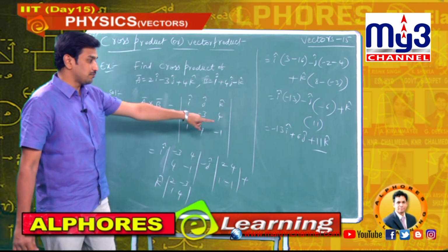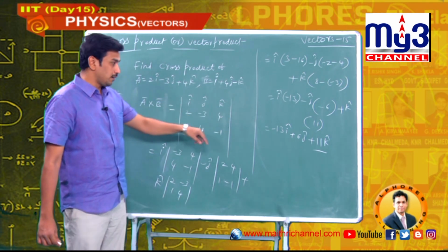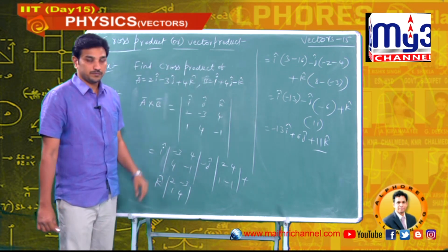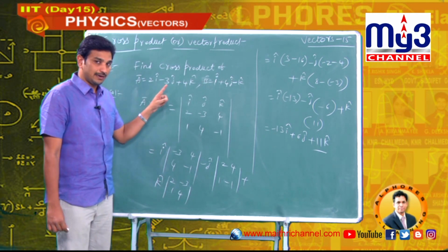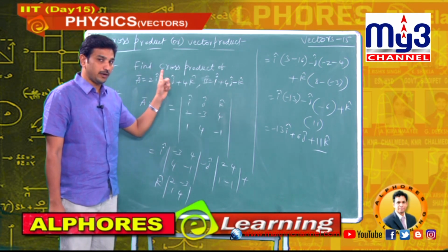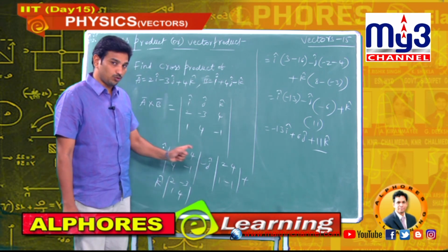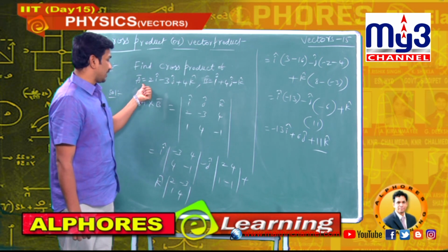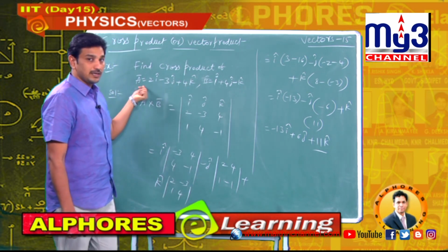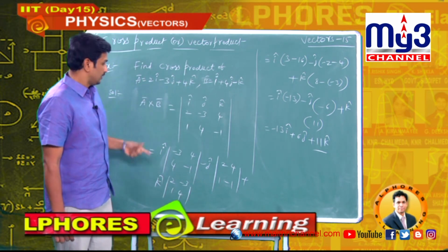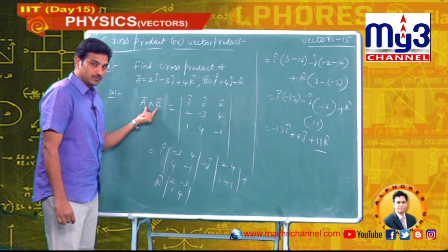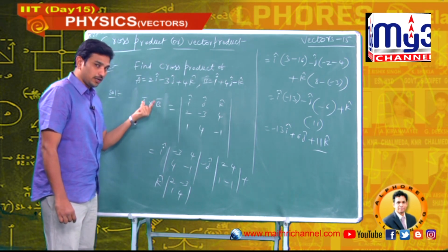Now sometimes they will ask you for a vector perpendicular to a bar and b bar. How can you calculate a vector perpendicular to a bar and b bar? Last class we ended the session with that question. So how much is the vector perpendicular to a bar and b bar? Let us take this as c bar. Now this is perpendicular to a bar and b bar.